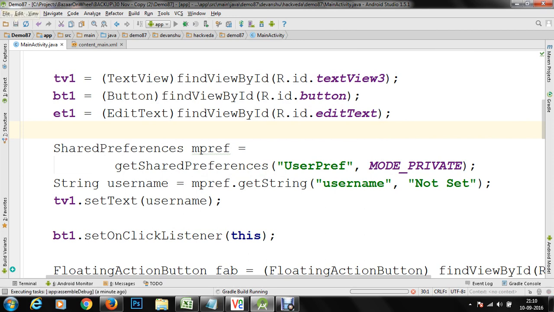As soon as Gradle is done building the application, we are going to test the shared preferences on our application.